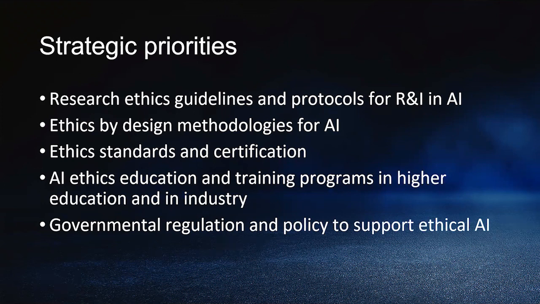Ethics standards and certification are important at this point in our view. These are things being worked on by others. Ethics standards we already discussed. Certification is worked on currently by IEEE. They're developing a whole certification program for AI and ethics. Then also AI ethics and education and training programs in higher education and in industry should be a big priority, because you need human resource development. You need people to get to understand the issues and to develop skills and the right kind of mindset to be involved with ethical issues, and that requires education and training. So developing that has a priority.